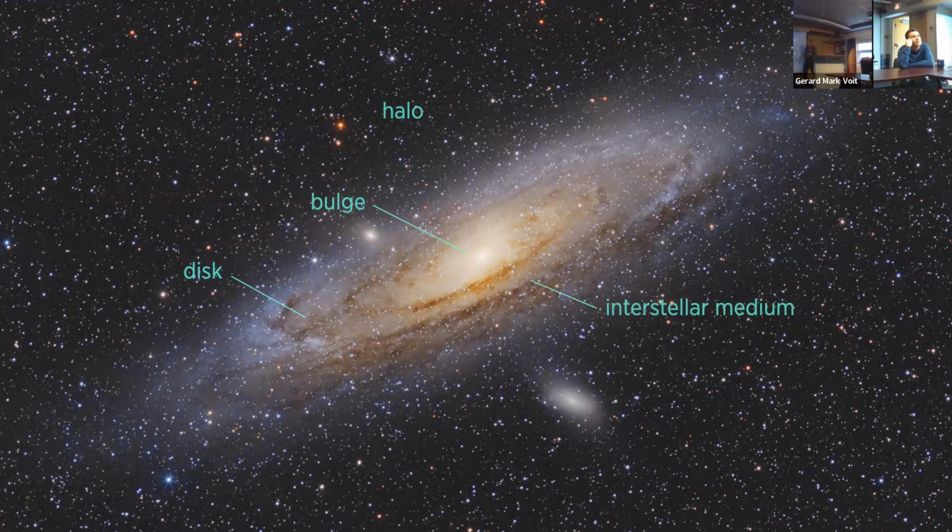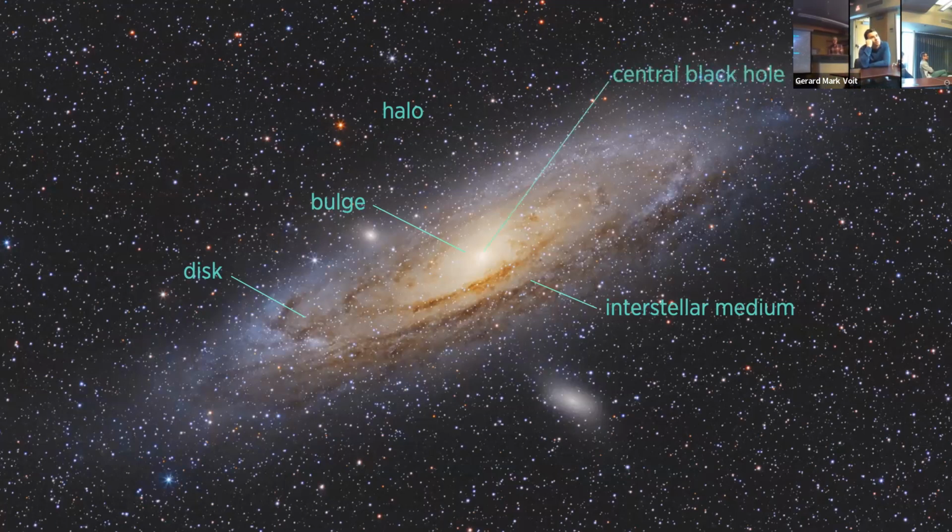One of the things I've done with my career is I spent some time writing an introductory astronomy textbook that has become widely used. That didn't have to work out that way, but it did. And in the 1990s, when you had a diagram showing the anatomy of the galaxy, that's pretty much the sum of it, except right near the end of the 90s, we came to appreciate that the central black hole is